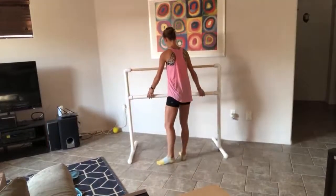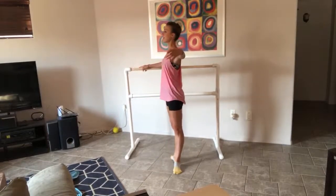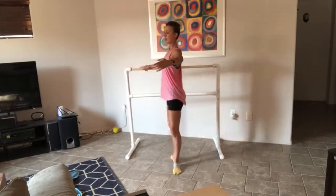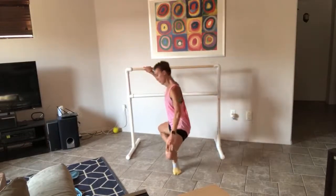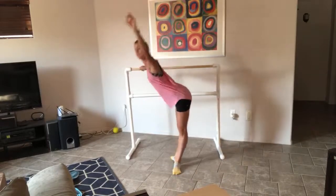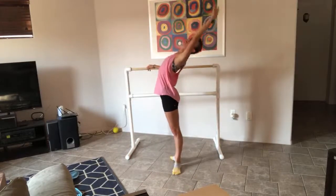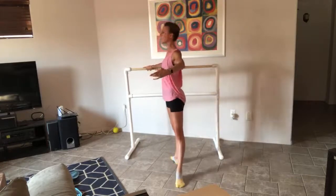6, 7, 8, and demi, stretch, double demi, and lift before you go down, grand plie, press those heels down, and port de bras forward and back. And tendu second, demi,